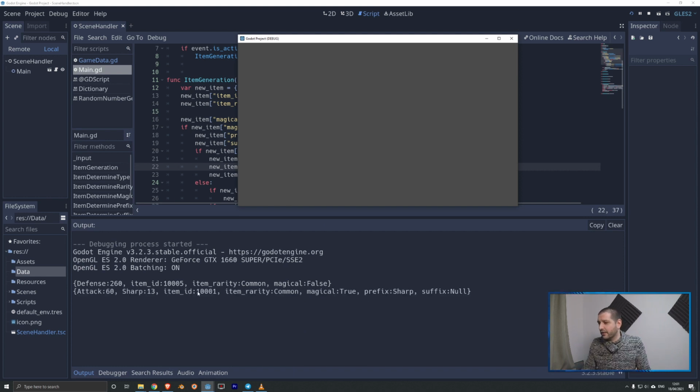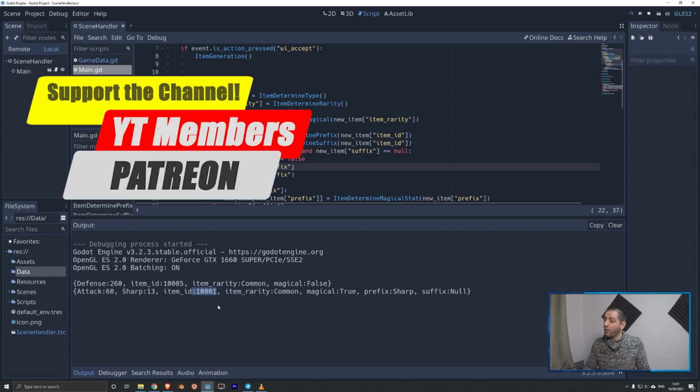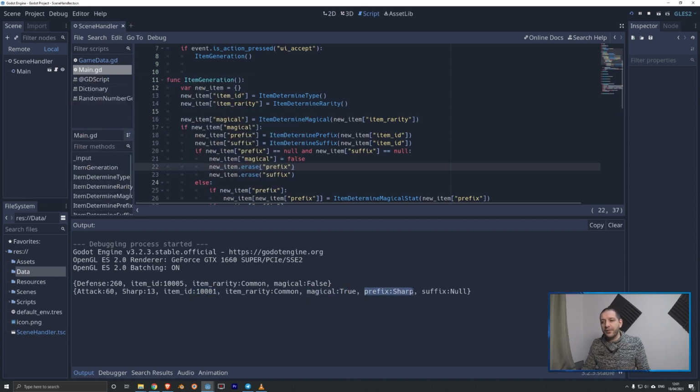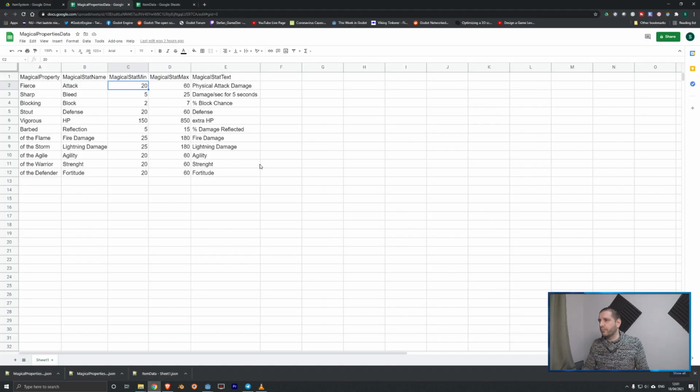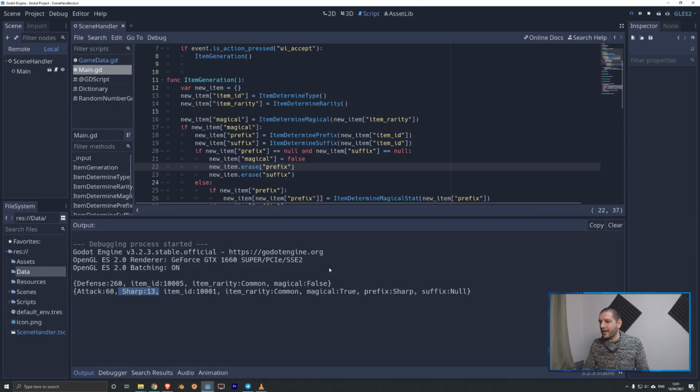And here we go. We got here a 11001, so that is a sword. The magical is true. The prefix is sharp, and here we can see that sharp is 13. So that means you're going to get 13 more attack, I believe, or was sharp bleed? No, it's bleed actually. It's bleed damage for the next 5 seconds. So that has rolled